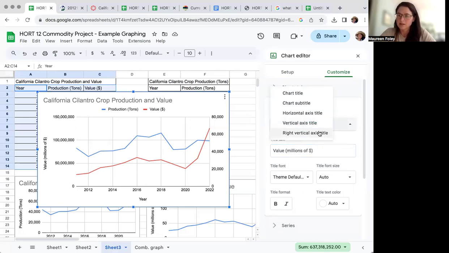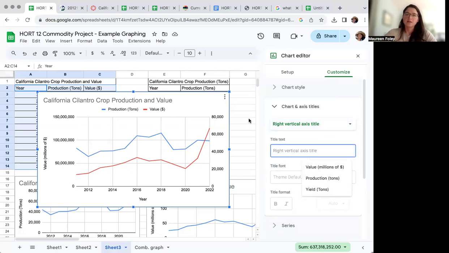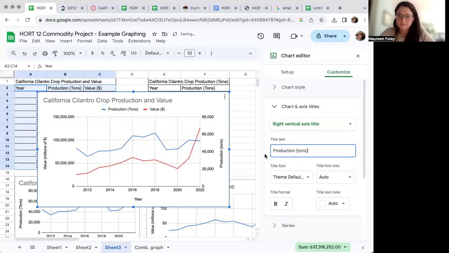And then you just click over to the right vertical axis title. And we are going to call this one production in tons. Production in tons is on the right. Now, just like in our last,